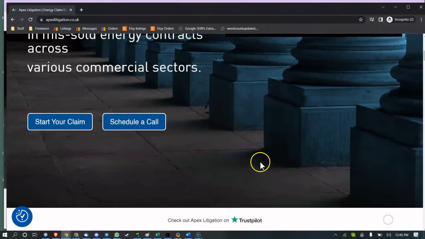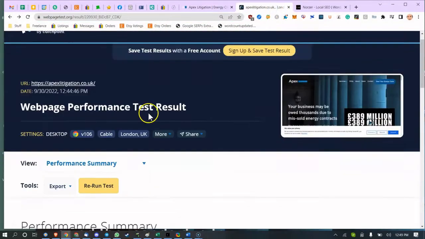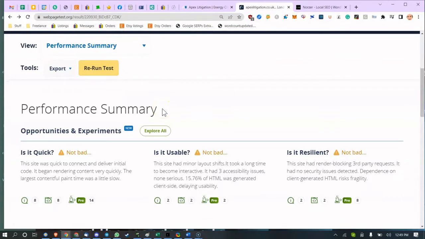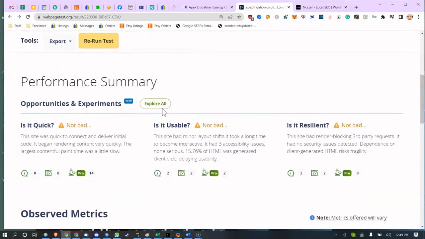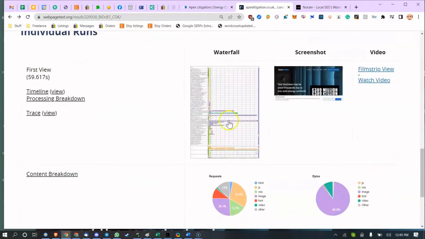It looks good, but as you get into the waterfall chart, if you go to WebPageTest, this is called a synthetic test, right? It simulates load and determines what's going on. So if you click into the waterfall chart,